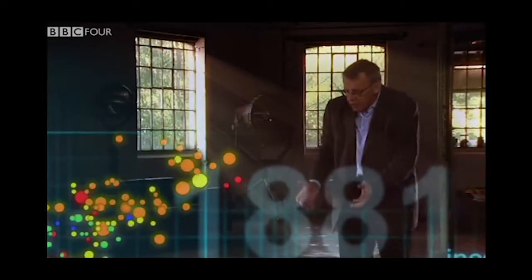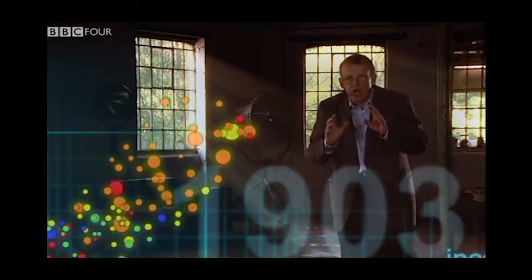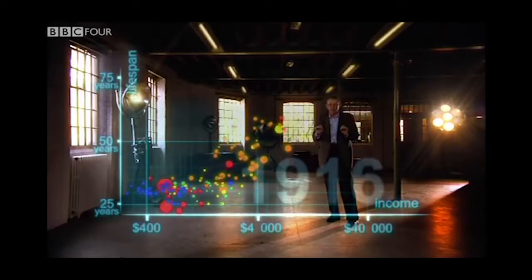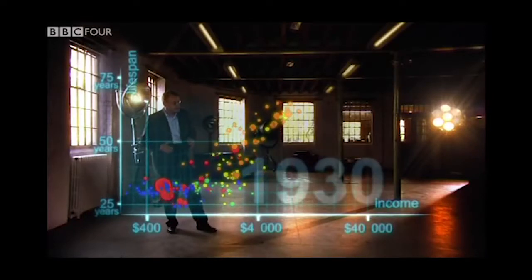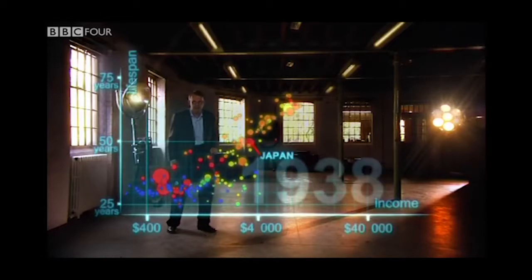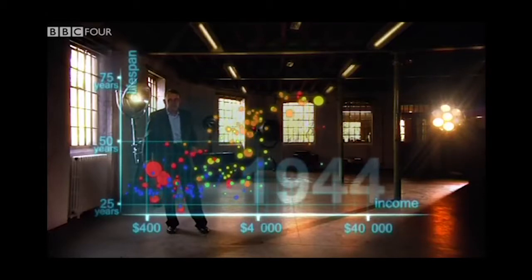And eventually, the Western countries get healthier and healthier. And now we slow down to show the impact of the First World War and the Spanish flu epidemic. What a catastrophe! And now I speed up through the 1920s and the 1930s, and in spite of the Great Depression, Western countries forge on towards greater wealth and health. Japan and some others try to follow, but most countries stay down here. Now, after the tragedies of the Second World War, we stop a bit to look at the world in 1948.